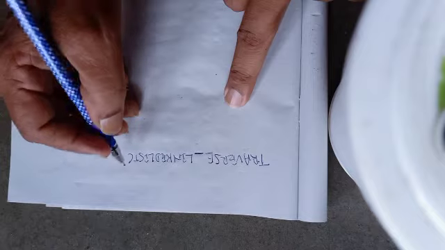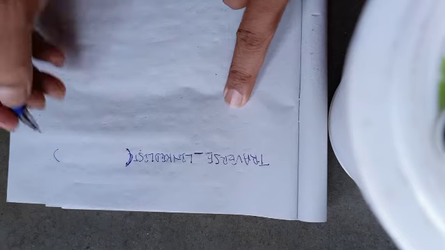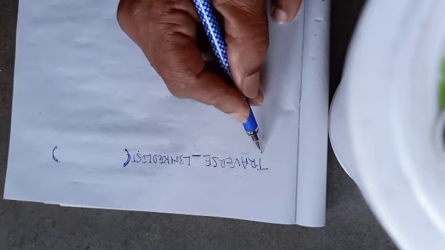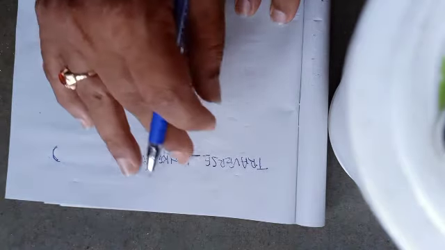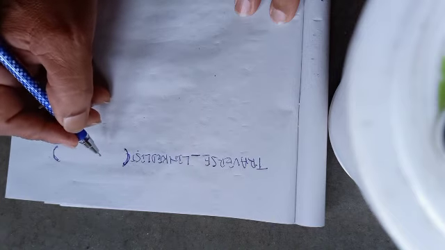So this is the function name, traverse underscore linked list. Now when I say function, some parameter must be passed, because you can traverse a linked list only when there is a list containing at least some nodes. If a linked list is present, then definitely there must be a pointer variable known as start that should contain the address of the first node. So the traverse function must receive the address of the start node, so it must receive a pointer variable.